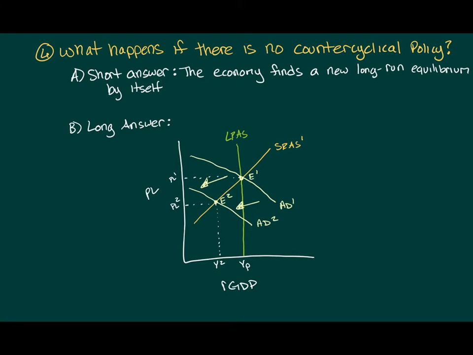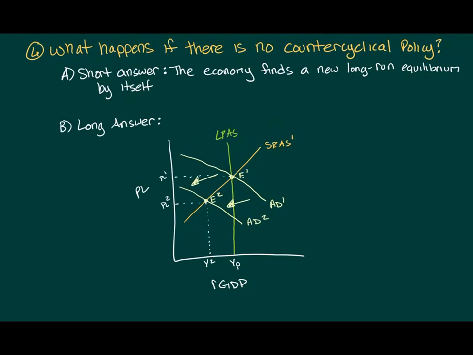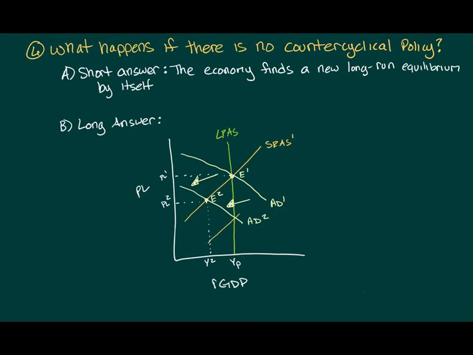So what we're going to see is if the economy is allowed to move back to equilibrium all on its own, we're going to see a shift in the short-run aggregate supply curve from SRAS 1 to SRAS 2. And this rightward shift, this increase in short-run aggregate supply, is being caused by the decrease in nominal wages. So we'll end up going from equilibrium point 2 back to long-run equilibrium at E3, but we'll be back to equilibrium at a level of lower prices and lower nominal wages for these workers. Now, their buying power hasn't actually changed compared to where we were at E1. They can still buy the same number of goods and services that they could before,